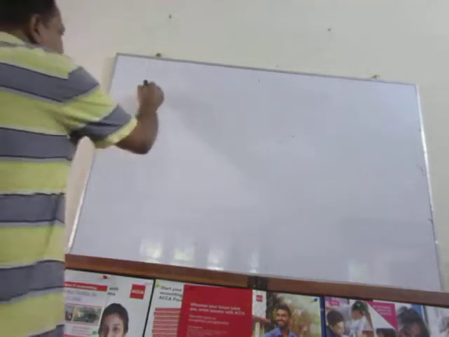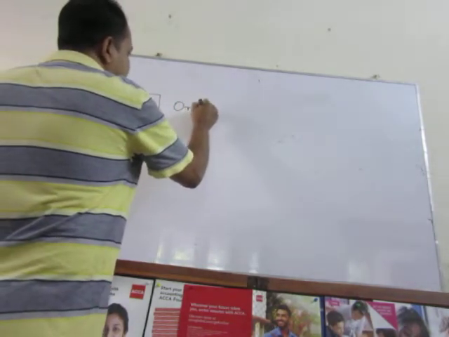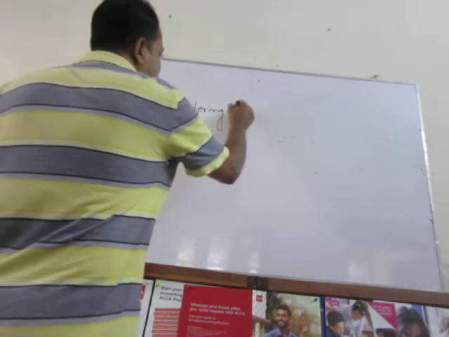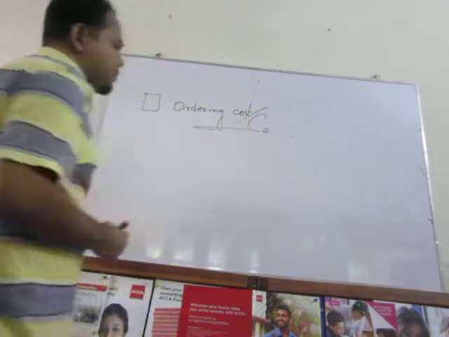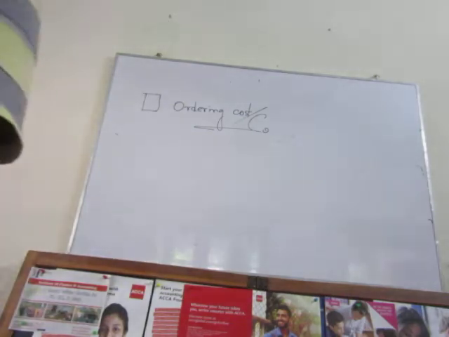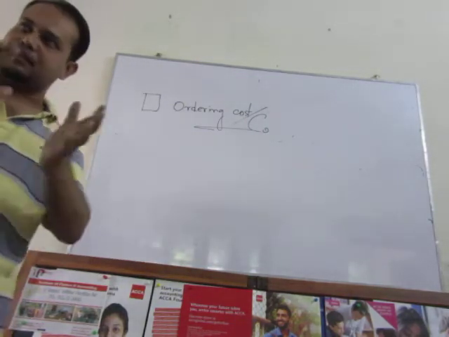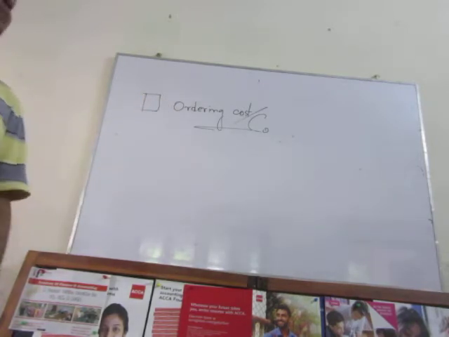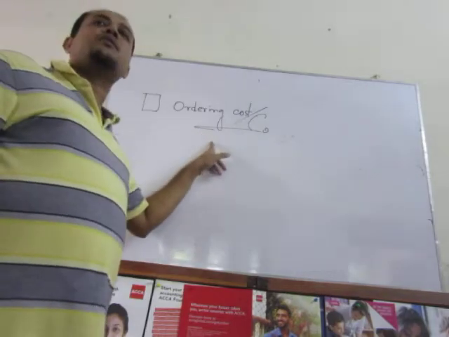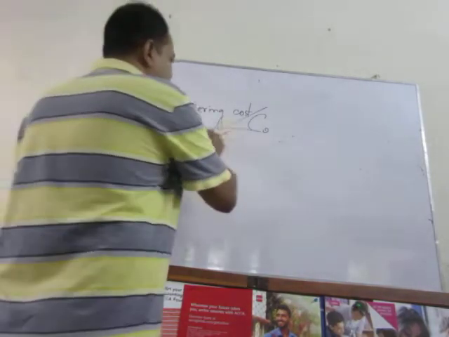Clear? Now the thing is, another type of cost, that is the ordering cost part. Ordering cost, which is symbolized by CO. What do you mean by this? These are also stock-related costs, but they depend upon different criteria. These are different, but as a whole, these are stocking costs, we can say. So what do you mean by a stock ordering cost? There are two types of cost within this.